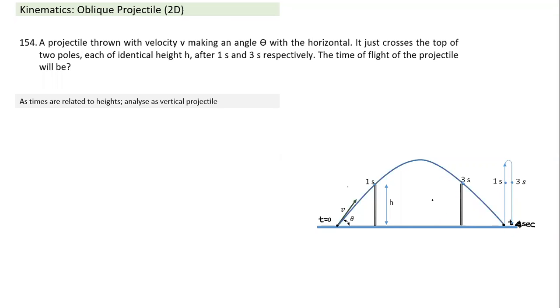What is important here is that both have to be at the same height. Then only this point and this point have similar y coordinates. If I look only at the vertical direction motion, it passes through this point at 1 second, again passes through the point at 3 seconds, and again comes back to the same point here. The heights are the same, so the y coordinates are the same. So whatever time it takes between 2 points in the upward journey, the same 2 points in the downward journey also take the same time. So from here to here 1 second, from here to here 1 second. So time will be equal to 4 seconds.